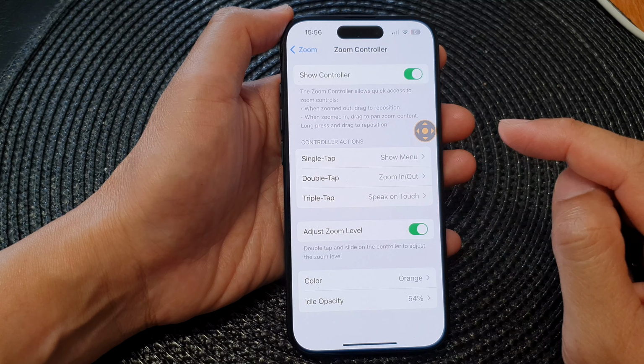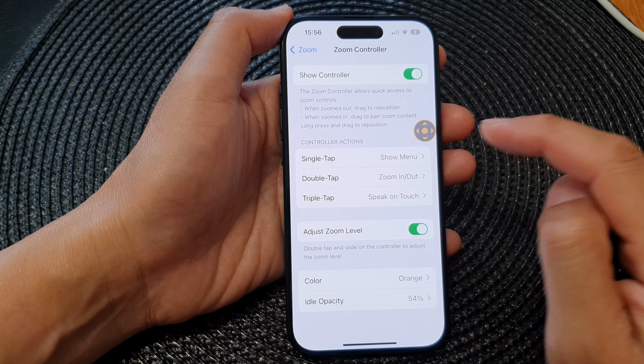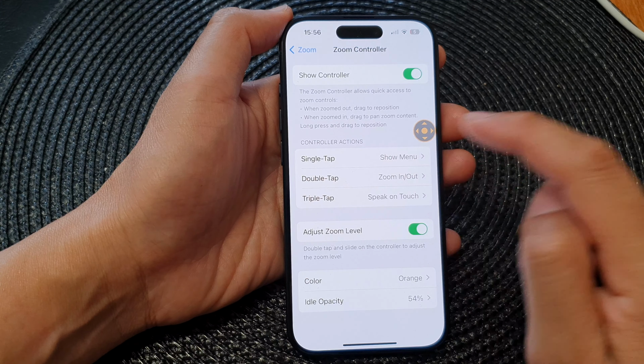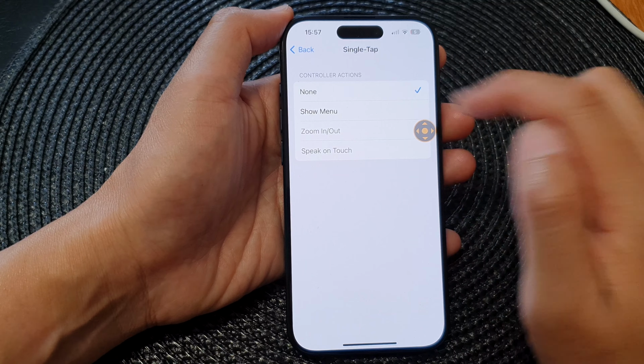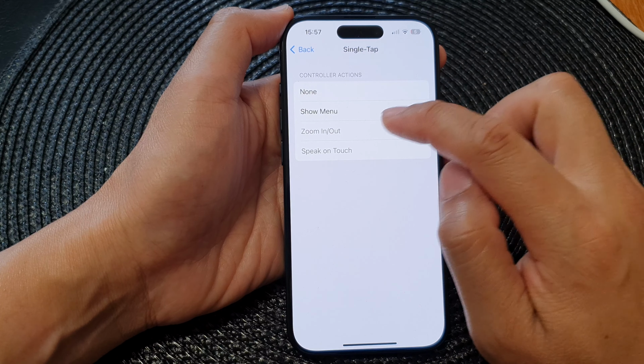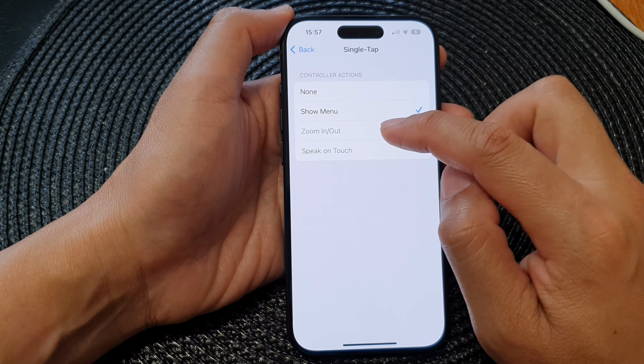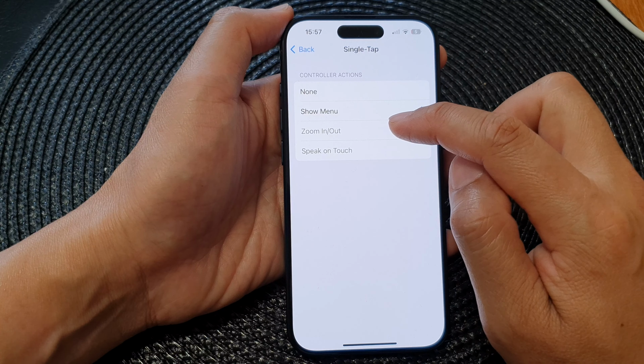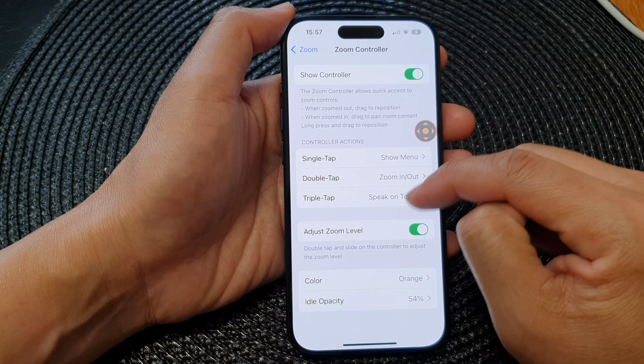Then in here, to change the controller actions for a single tap, you tap on that. Now by default it is set to show menu, so you can choose none, show menu, or zoom in or zoom out. Now because zoom in and zoom out has been already assigned to a different function here,